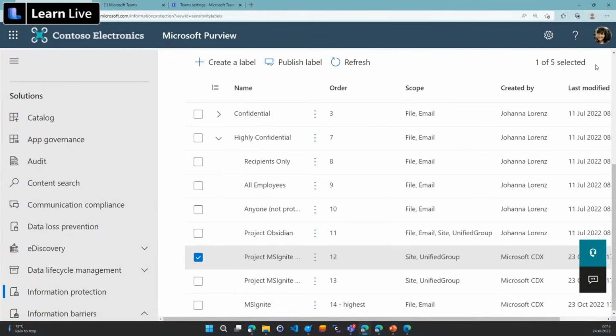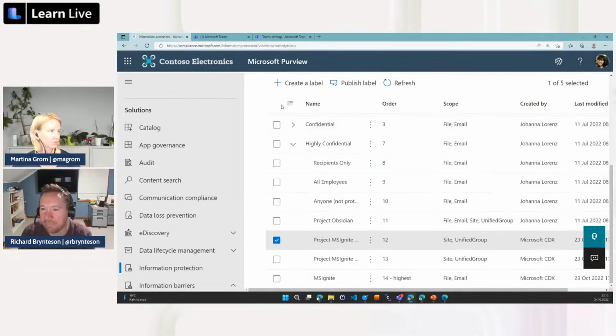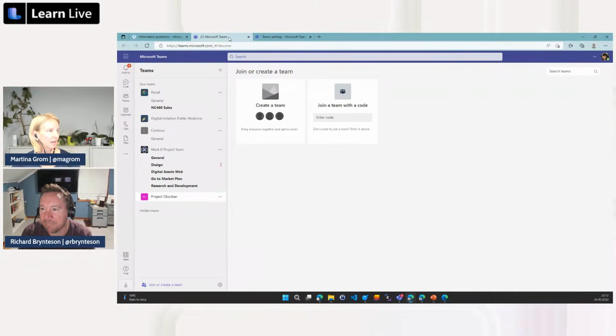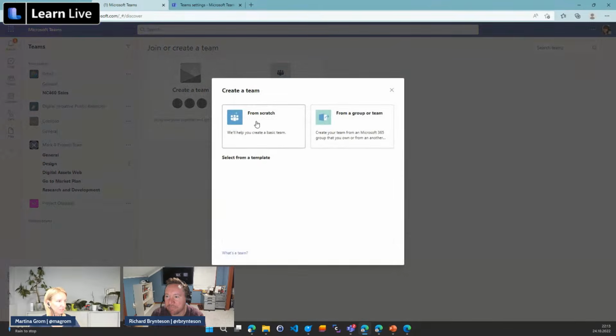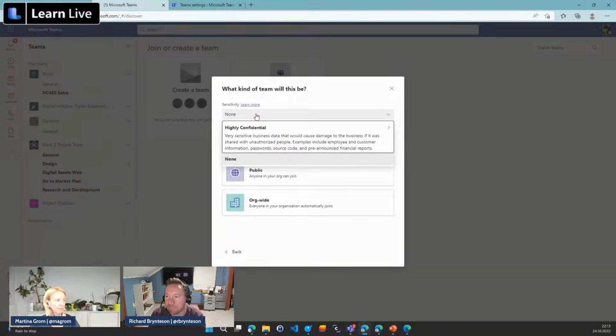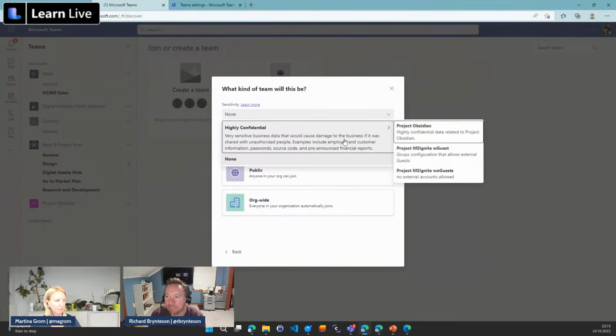How does it look within Microsoft Teams? Here in Microsoft Teams, if I create a new team from scratch, I can look into the classification labeling here. You see it's highly confidential.